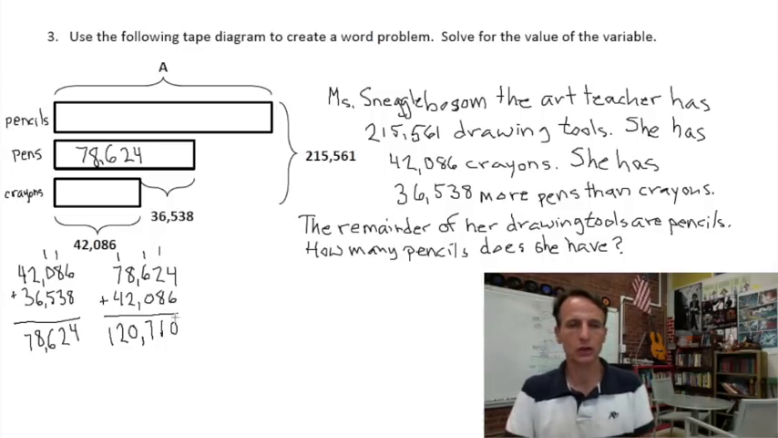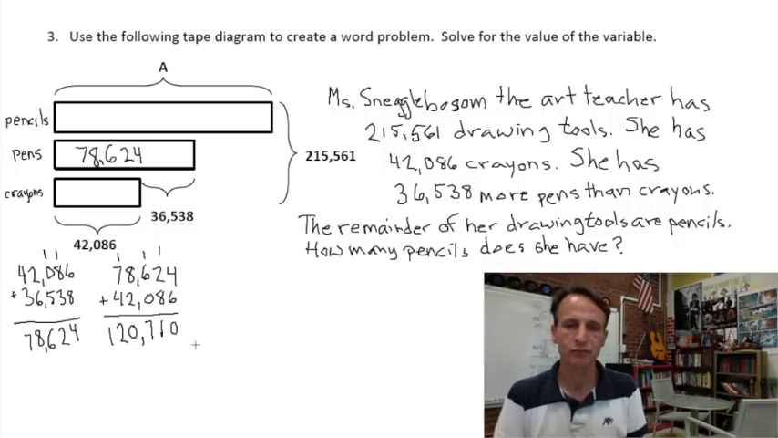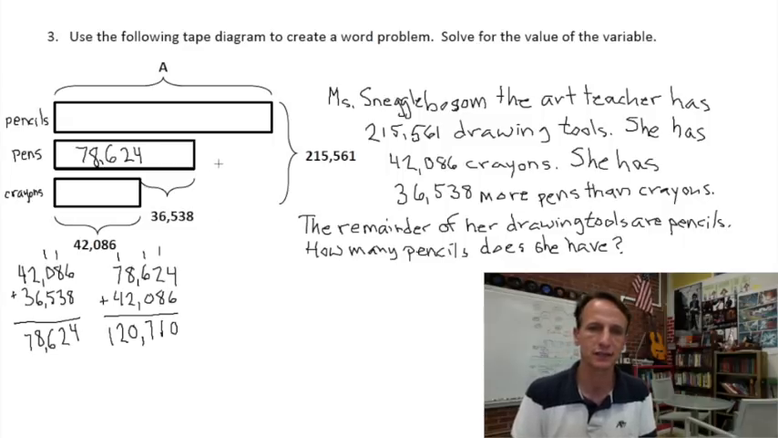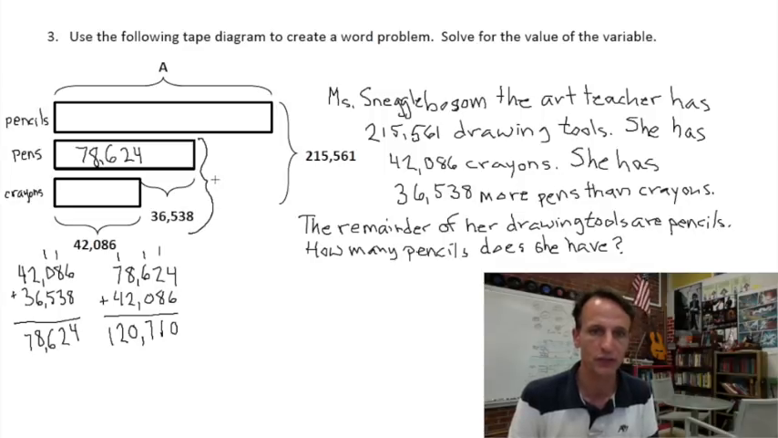Okay, so she's got a whole lot of pencils, which makes sense, right? They're the cheapest of these, I believe. So 120,710 is pens and crayons together. If you can fit it in there, I'm going to make a note for myself what that number represents. That's pens and crayons together,